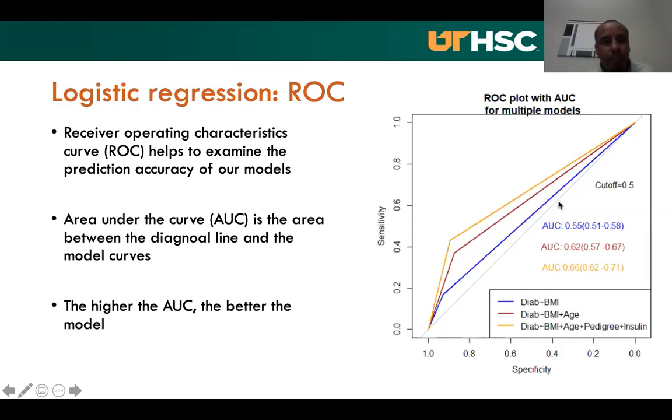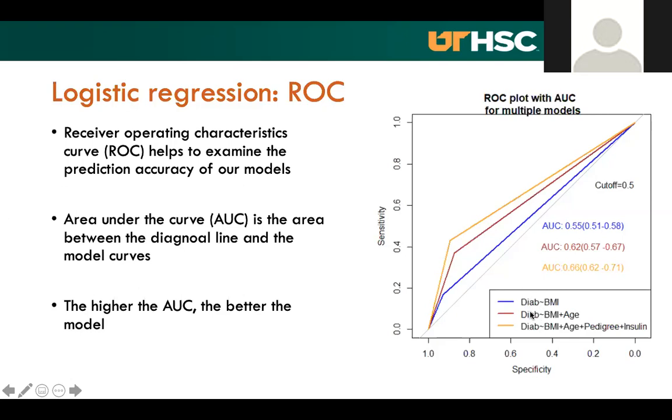So this is a receiver operating characteristics curve, or ROC curve, and it helps to examine the prediction accuracy of our models. The area under the curve, or AUC, is the area between the diagonal gray line and each of the other colored lines in the model curves. This is for the Pima Indians data, and the higher the AUC, the better the model. So for example, when we fit the association between BMI or body mass index in kilogram per meter square